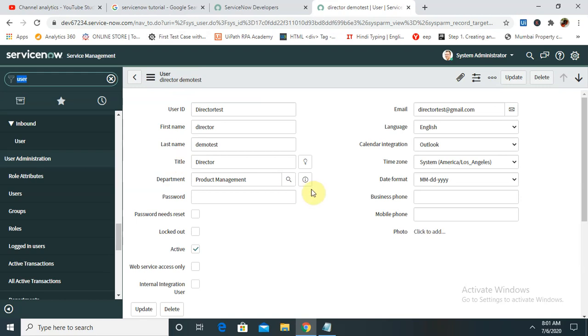If you want to update any detail, you can do that. If you want to delete that user login credential, you can do that. And at the end, if you want to add another account, you can also do that. So by this way, we have created user login credential with system administrator login.